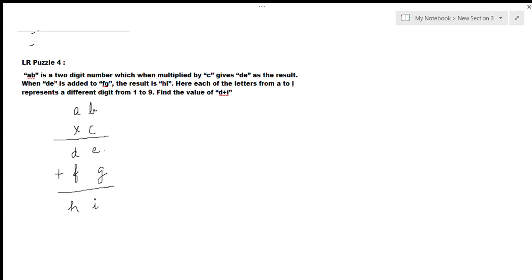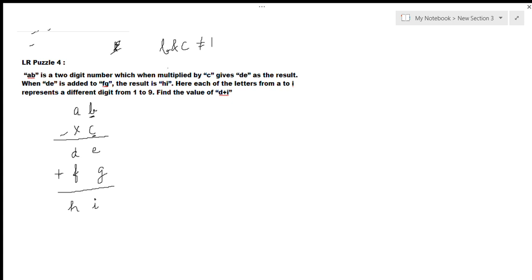Let us say if I think about specifically B and C. Certainly neither of them can be 1. Neither B nor C can be 1, because if B1 is multiplied by C, then the same number will be repeated at E. If any one of B or C is 1, the same digit will be repeated at E. So certainly none of these can take the value of 1. Now I'll just write it down over here. B and C cannot be equal to 1.